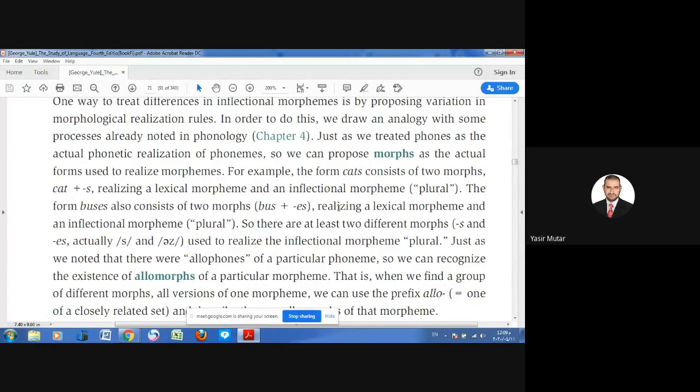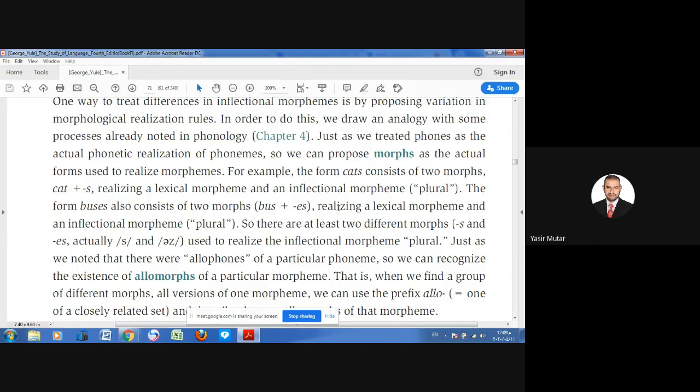I'll just say write plus past form, or cut plus past form, to identify that this is irregular use of the language,